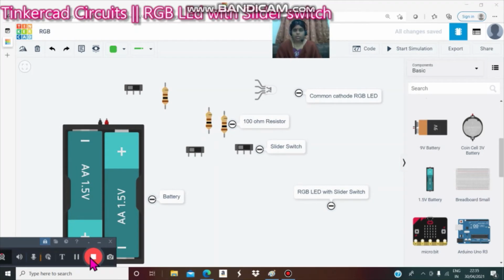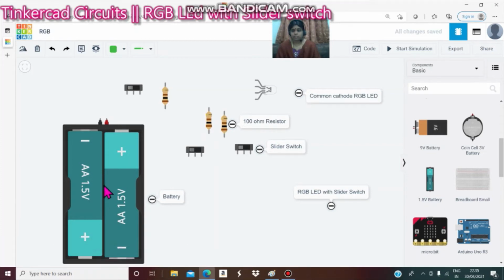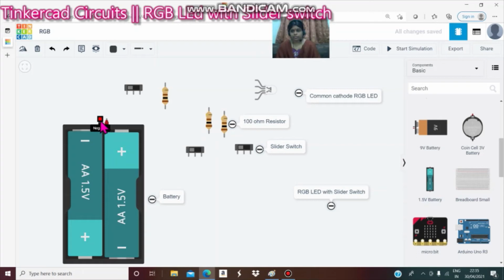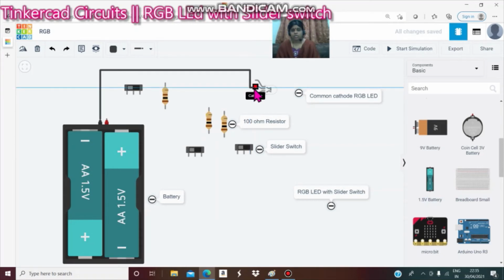Okay viewers, now I do the connection. First start with the negative of the battery. You can select the black wire, drag the line, and connect to the common cathode of the RGB LED.